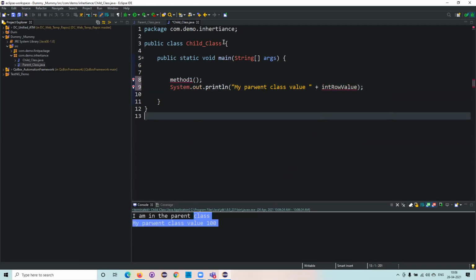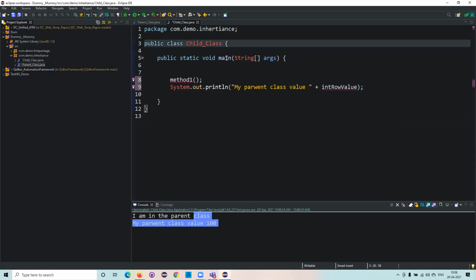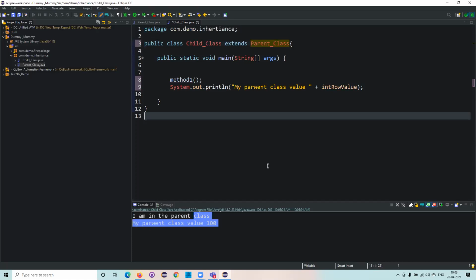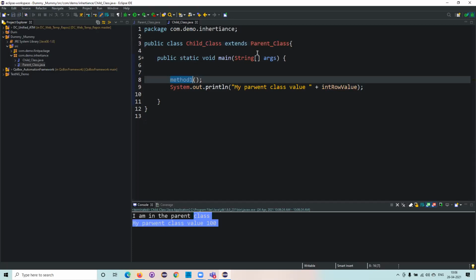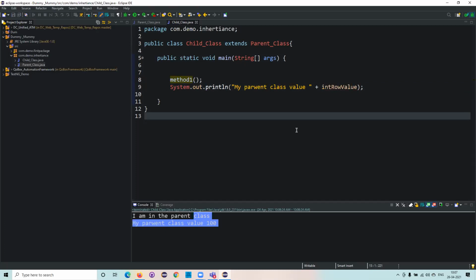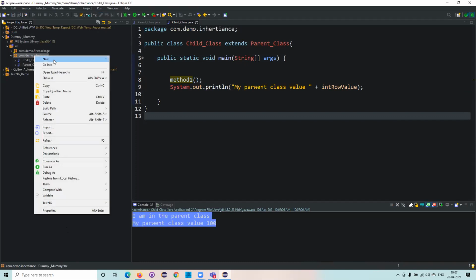Now, when you wanted to use that one, at that point of time, the concept of inheritance comes into the picture. Extends, all small letters. So now what class you wanted to extend? This particular parent class. You'll be writing this one. See now, this is not orphaned because I know that this is from my parent class. So this method and this value is from my parent class. I understood it. Now I'll try to execute it. It executed properly for me. Wow. These are very good. Now, this is called single level inheritance.